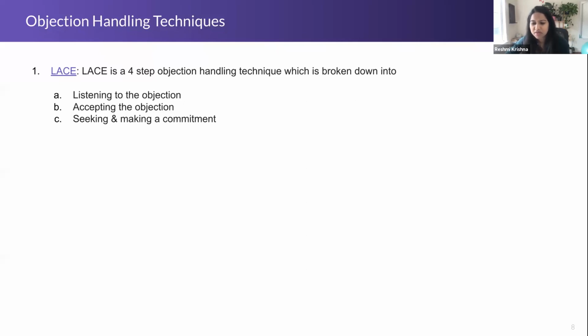You will see we'll use some techniques like conditional close, where you say, okay, if I handle this objection, are you willing to buy Ultimate? Or, what kind of commitment can you give me? And this is the commitment I'm making to you in terms of handling the objection. The fourth one is where you address the objection through explicit action, whether it's through a demo or really showing them the capability, because there's nothing like showing them what you just told them, right? So it kind of sticks.